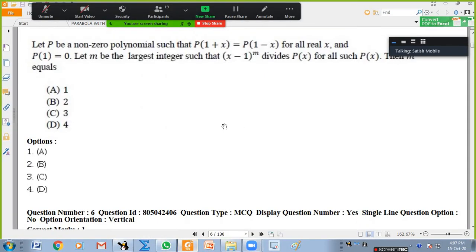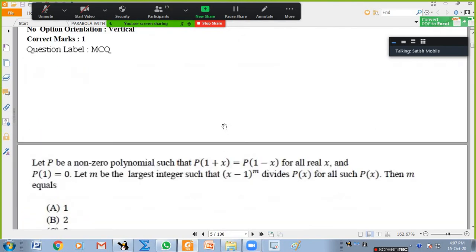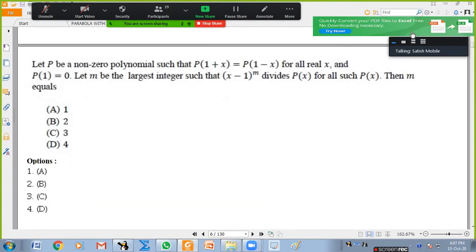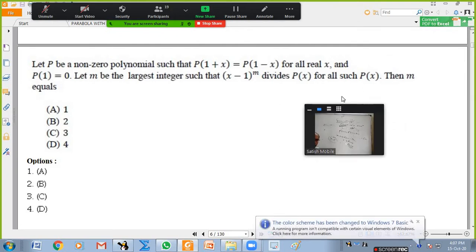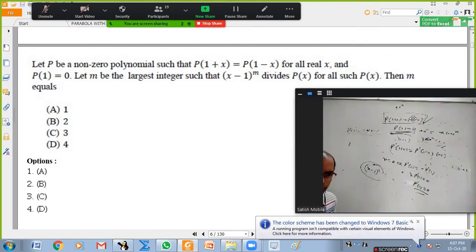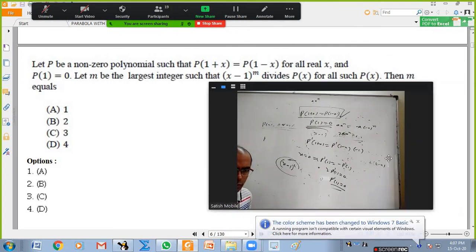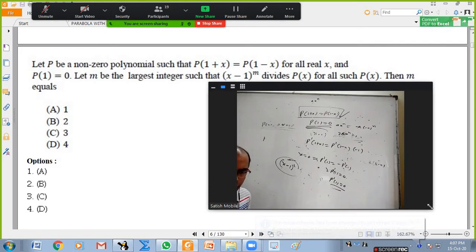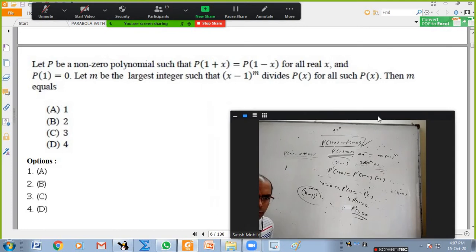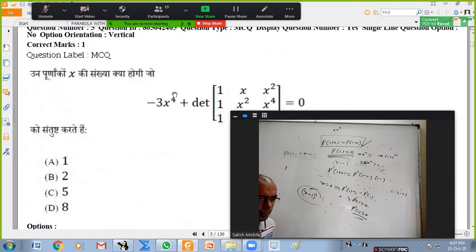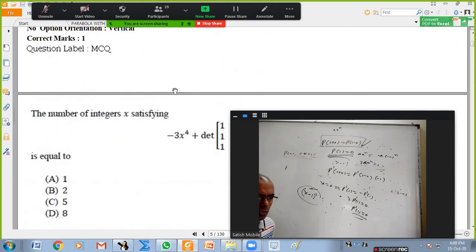Is it okay regarding this sixth question? Yes, sir. Okay. But even the even degree is also good. I think more than one of the questions can be framed easily with this data. Okay, next, 5.